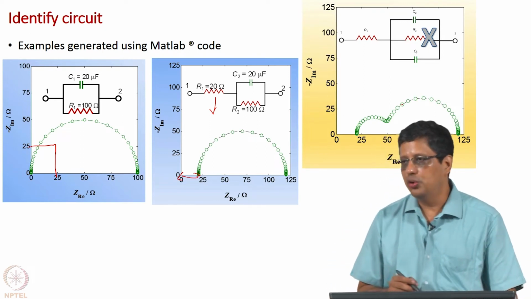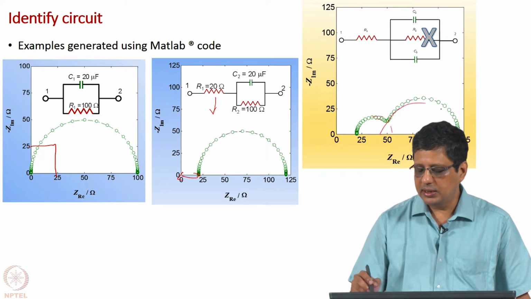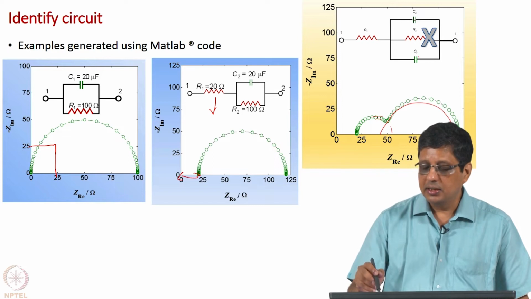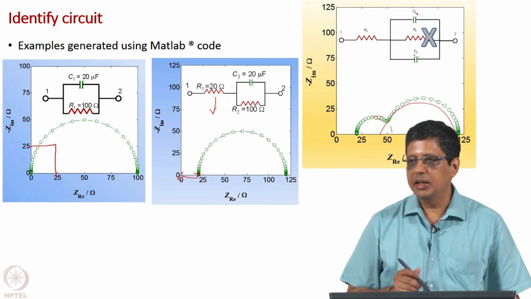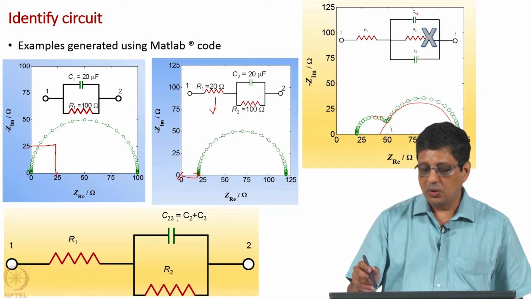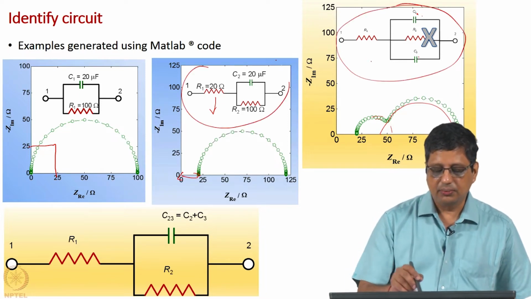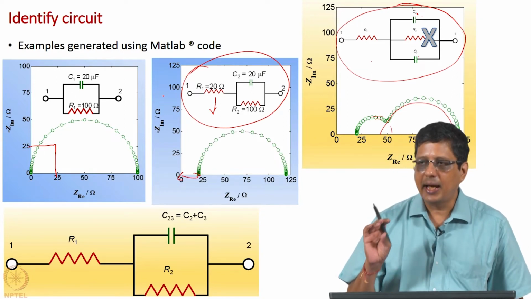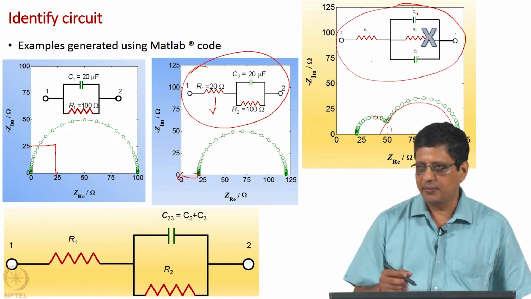If I see two loops, this is one capacitive loop, this is another capacitive loop. I can't add another capacitor in parallel because these two can be added together. These two are basically elements in parallel and can be represented by one capacitor. So, this circuit is the same as this circuit. I need to add a pair here, meaning a resistor and capacitor, to model this.